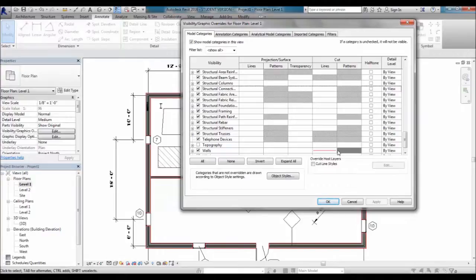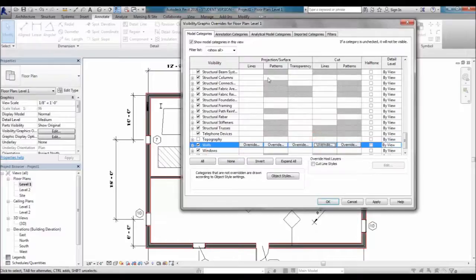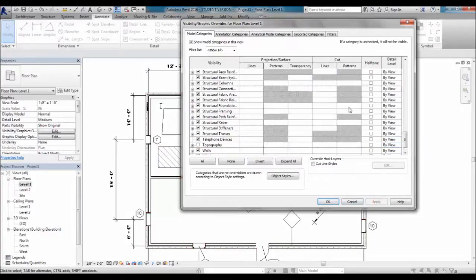This isn't going to change the actual settings for the material, so it doesn't change the physical settings for your wall or anything like that. This is just overriding it in this particular view, okay? Visually, these are overrides, which you can clear back out. But keep in mind the difference between the projection / surface and the cut patterns, or the cut